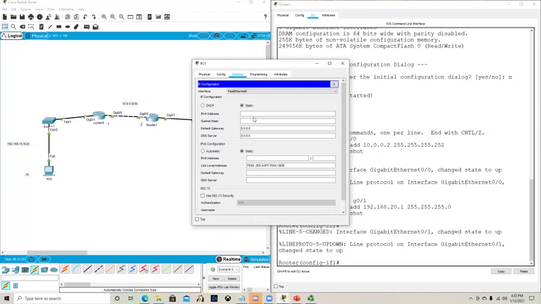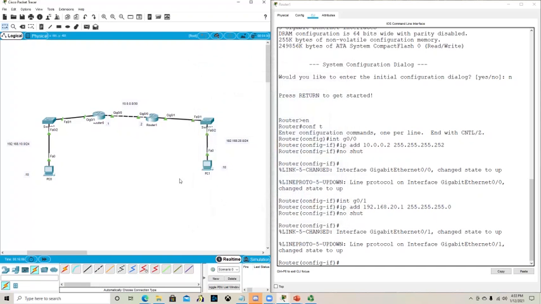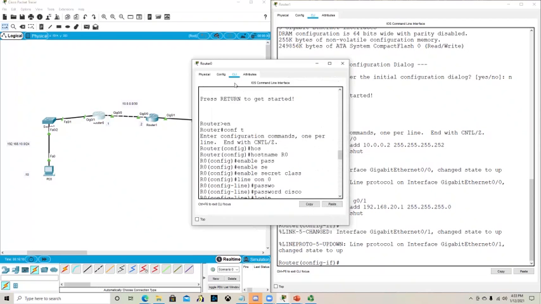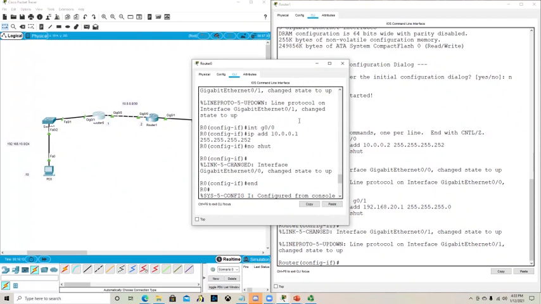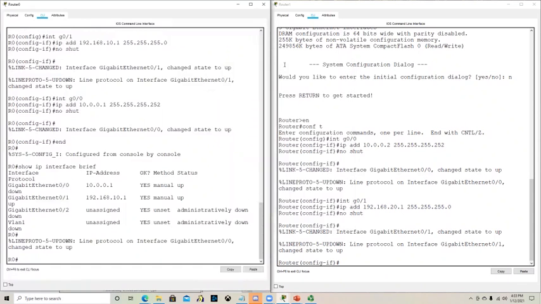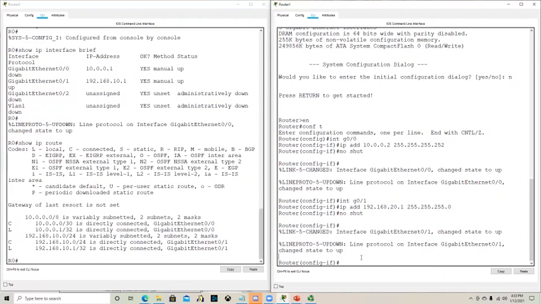And we'll go over to our other PC, and we'll put in our other address and its gateway of 20.1. Okay, so everything is good, right? Well, not quite. If we take a look at our routers now, so this is router 0, the left-hand router, router 1, the right-hand router. If I look at my show IP route command on both of these,